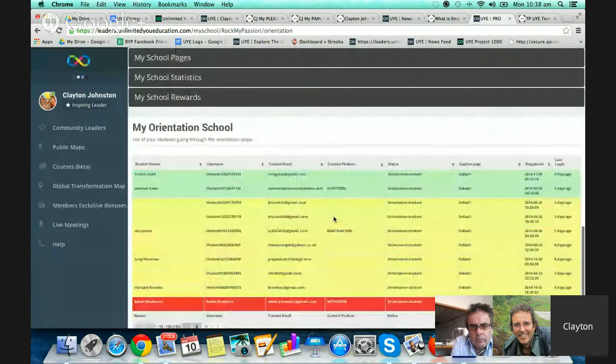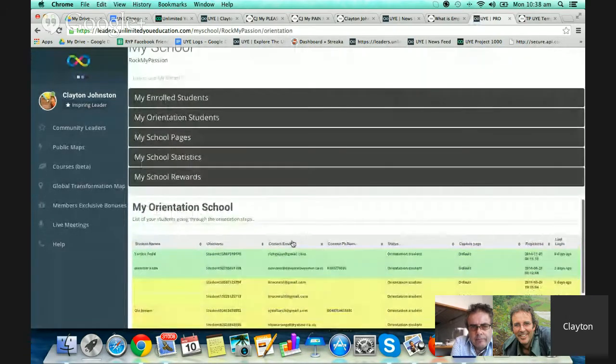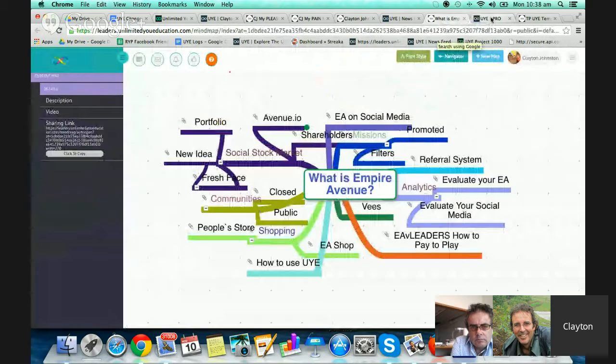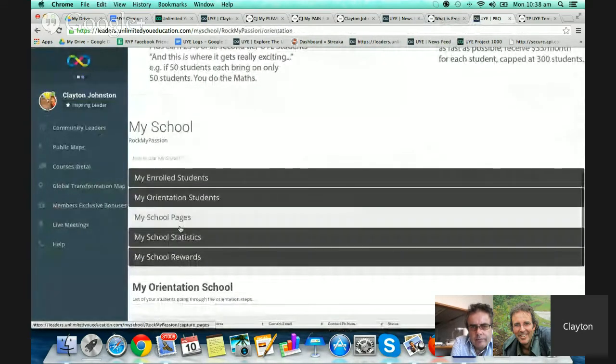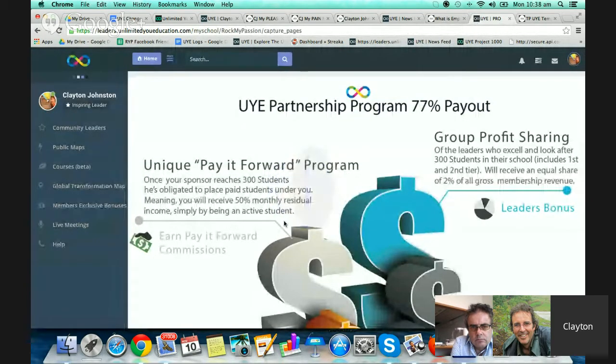So they're all listed there. You've got all their contact details, so you know you can talk to all these people. And in the back end of the school as well, we're setting up the school pages. So this is going to be the affiliate pages. At the moment, we're working on,